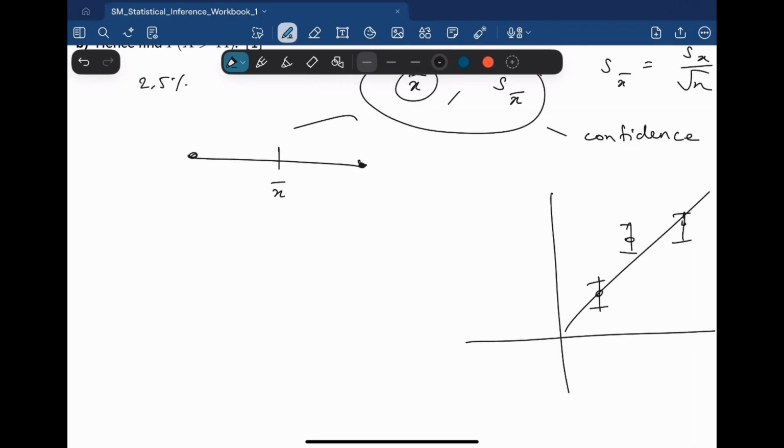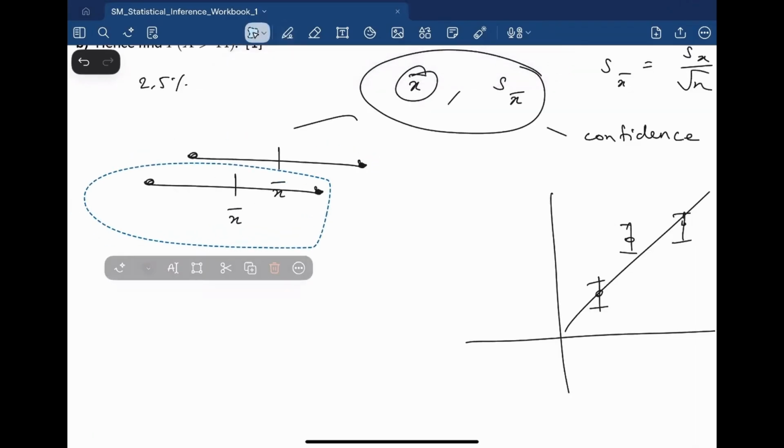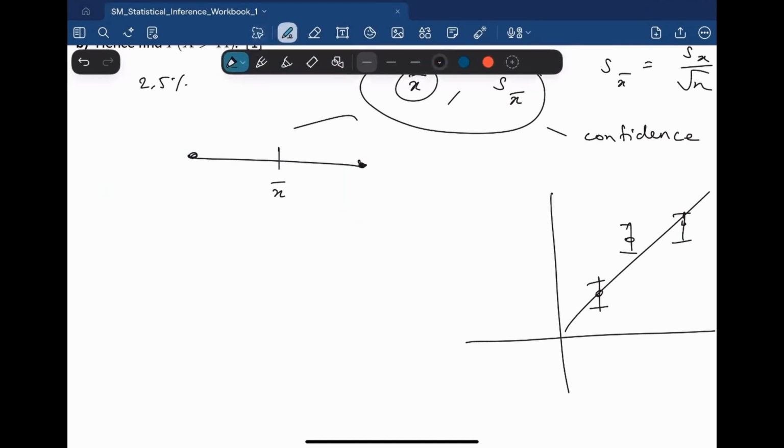So this is your mean. It's in the middle. So you have your estimates, and then you have this error on each side. Now, what is this error? In physics and chemistry, it was just your uncertainty. It really depends on how confident we want to be. Do we want to be 50% confident? Do we want to be 95% confident? Do we want to be 100? 100 is impossible, but let's say we want to be 95% confident. That means if we repeat this entire process again, then 95% of all the confidence intervals will contain the true